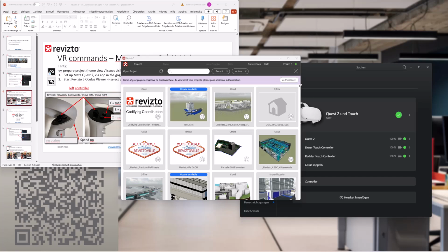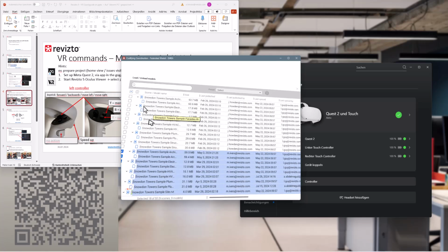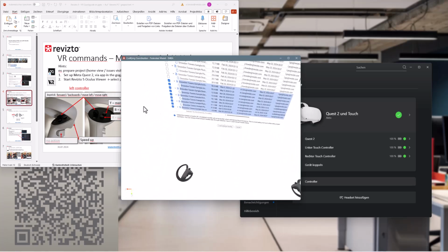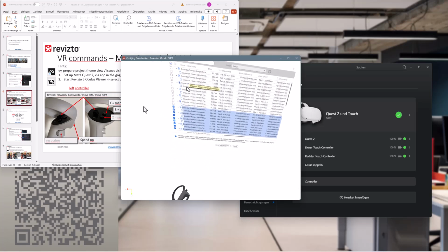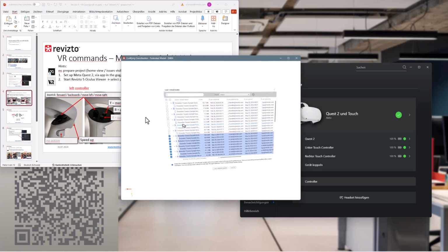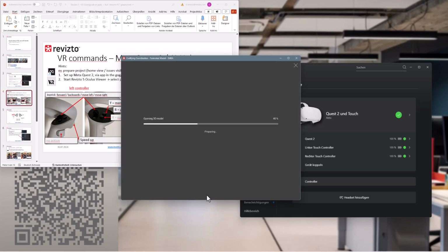When the application is started, you see on your laptop screen that you can just choose the project you want to get in. And when it is loaded, you will see in your goggles the possibility to choose in the menu. So you see here the Revizto surface as well on your goggles. And you can just go back and then take the big mouse and click on Load Selected Models. And when you start up your project,